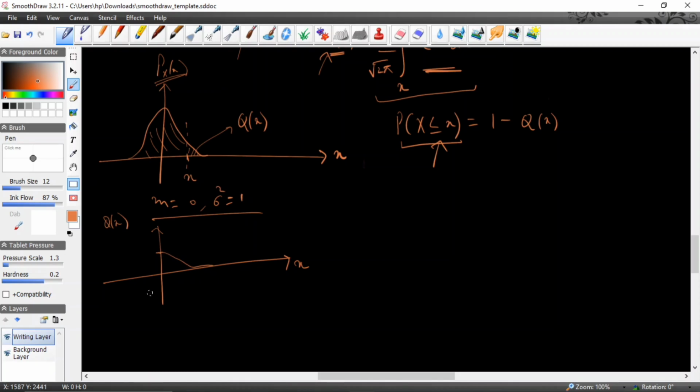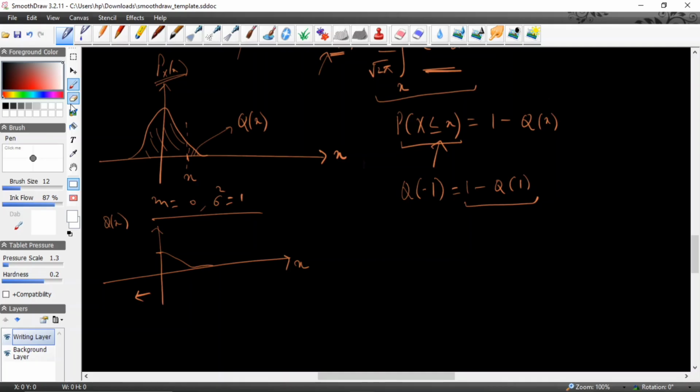And if you see the negative values, because this table gives only the positive values of the Q function, suppose you want to find Q at -1, then Q at -1 is simply taken as 1 minus Q of 1. And this relation should hold because